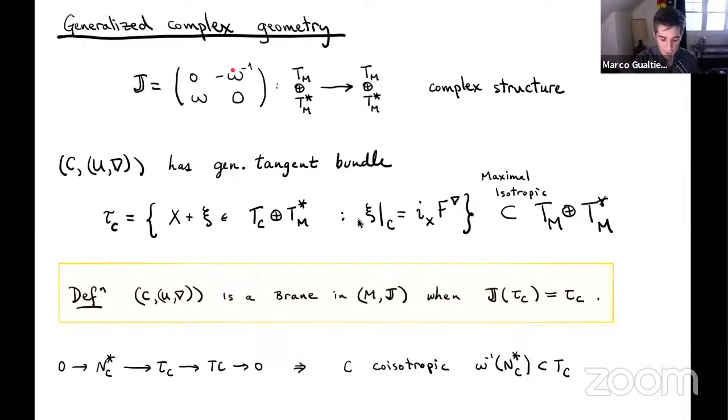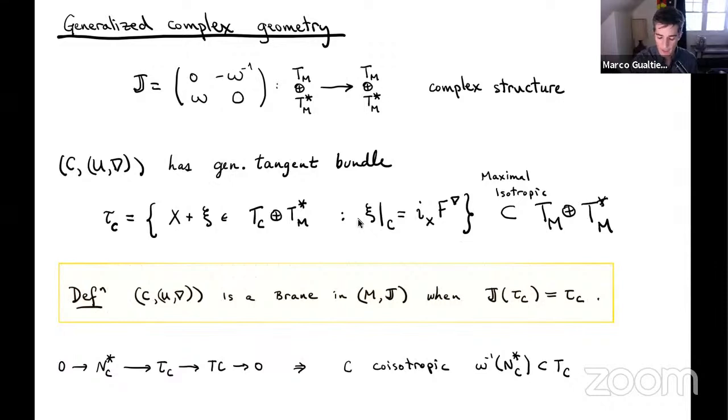So consider the symplectic form and view it as a generalized complex structure. It maps T plus T star to itself, and it squares to -1. It is a complex structure on this extended tangent bundle. Now, whenever we have a submanifold C and a unitary line bundle on C, we can produce from this a version of a tangent to the submanifold. This consists of all vectors which are tangent to C and all one forms. These one forms are not necessarily one forms on C, but they're one forms on the ambient space, such that when you pull them back to C, they agree with the image of the vector field under the curvature of